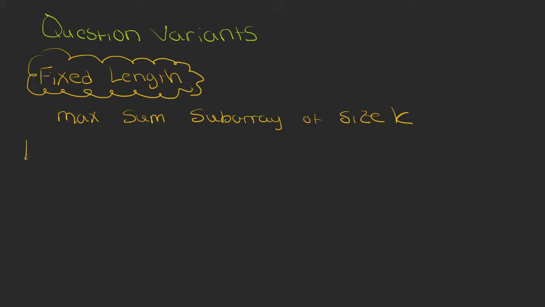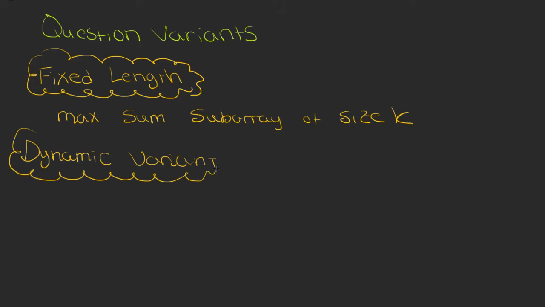So we haven't looked at one of these yet, but we've talked about the abstract idea, and I just like to label this the dynamic variant. This is basically a window that's not necessarily a fixed size k. It can grow and shrink like the caterpillar example that we looked at. And this could be something like we're trying to find the smallest sum that's greater than or equal to some value